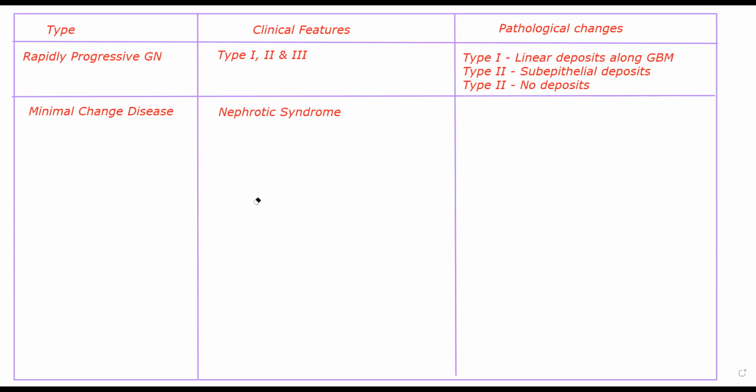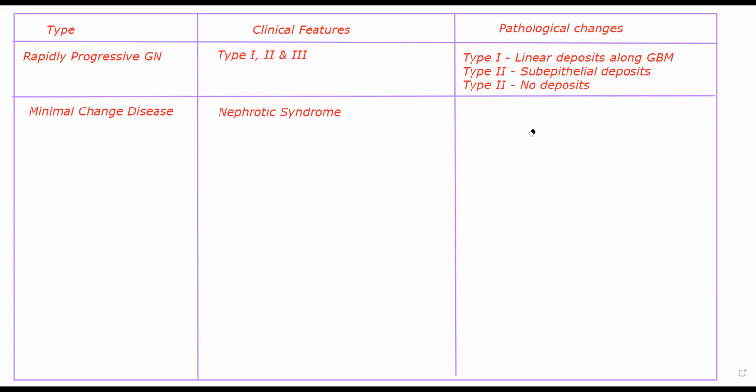The clinical features that the patient will show are massive, highly selective proteinuria. The patient generally has a very selective kind of proteinuria. Albumin, a greater amount of albumin is lost than globulin. In certain cases you will have non-selective as well, but more often than not, you will have highly selective proteinuria. And it is more frequent in children less than 16 years of age. Peak incidence is about 6 to 8 years of age.